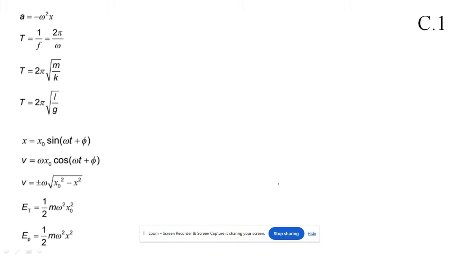All right. Simple harmonic motion. Not so simple, is it? All right, all right. So this one's acceleration, right? So remember, in a simple harmonic oscillator, we've got x is 0. It oscillates back and forth. So here it is at positive x naught, and here it is at negative x naught,